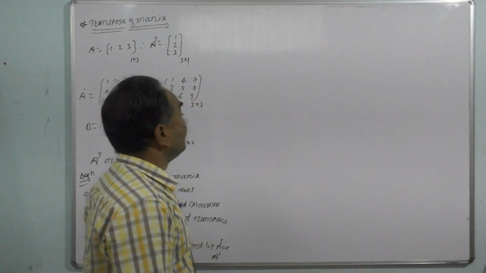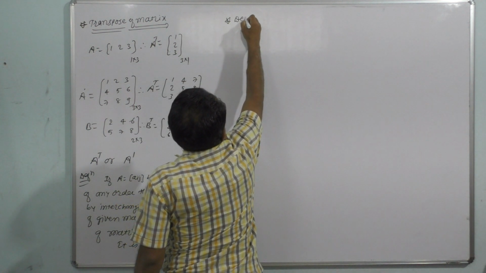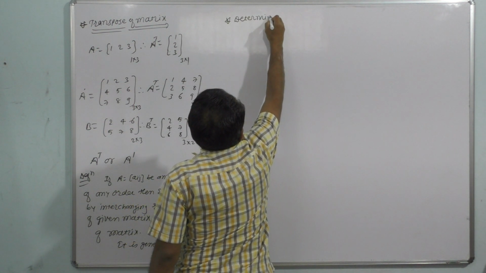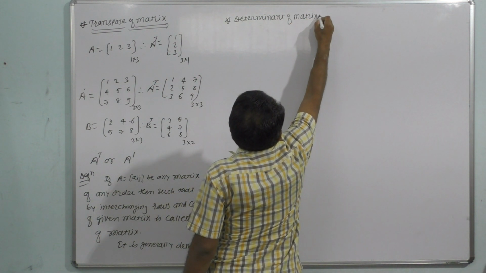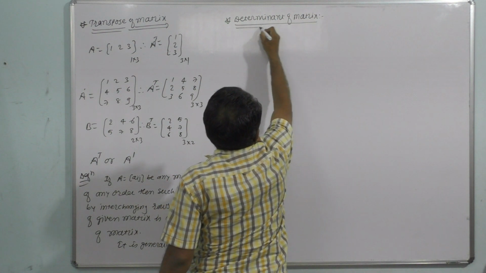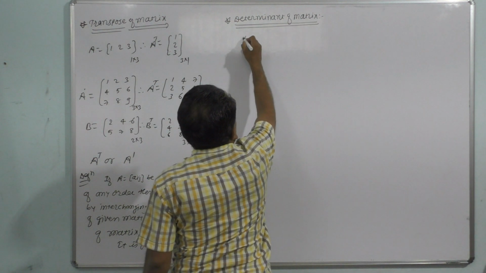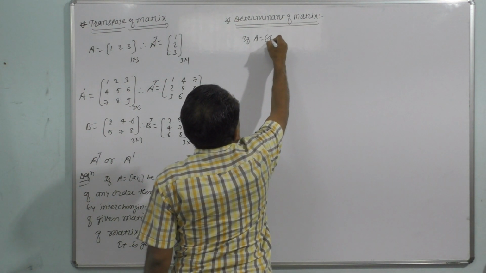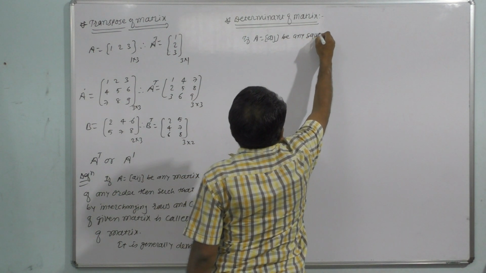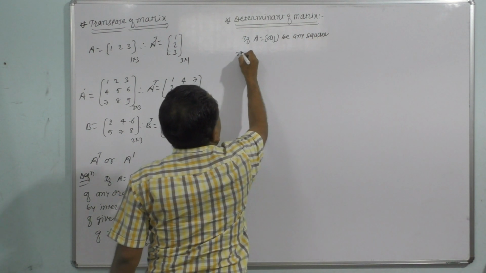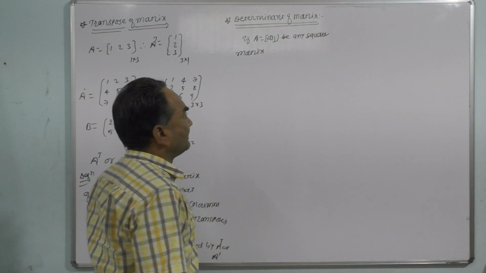Singular matrix. First, determinant of matrix. Determinant of matrix. If A is equal to Aij be any square matrix, then